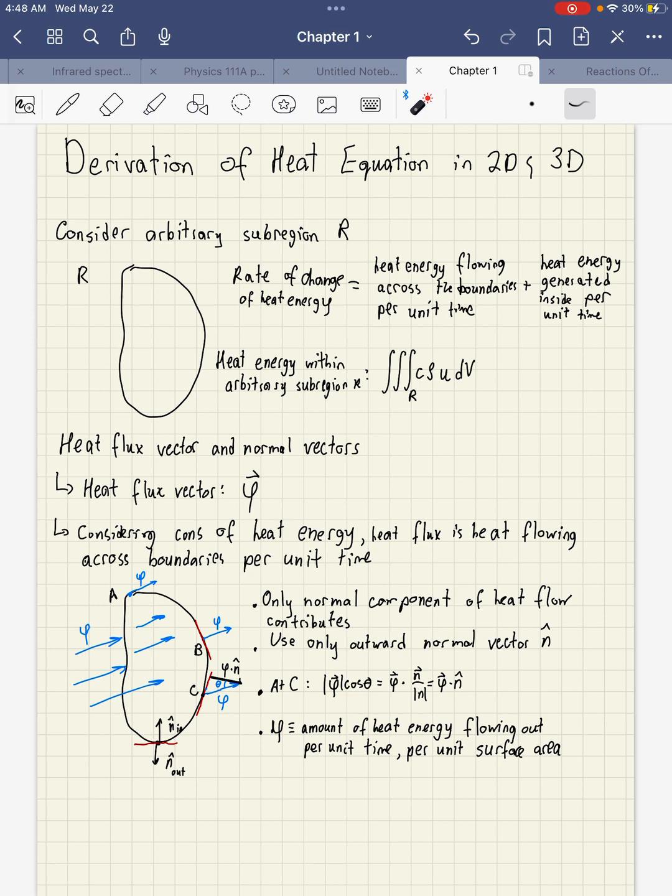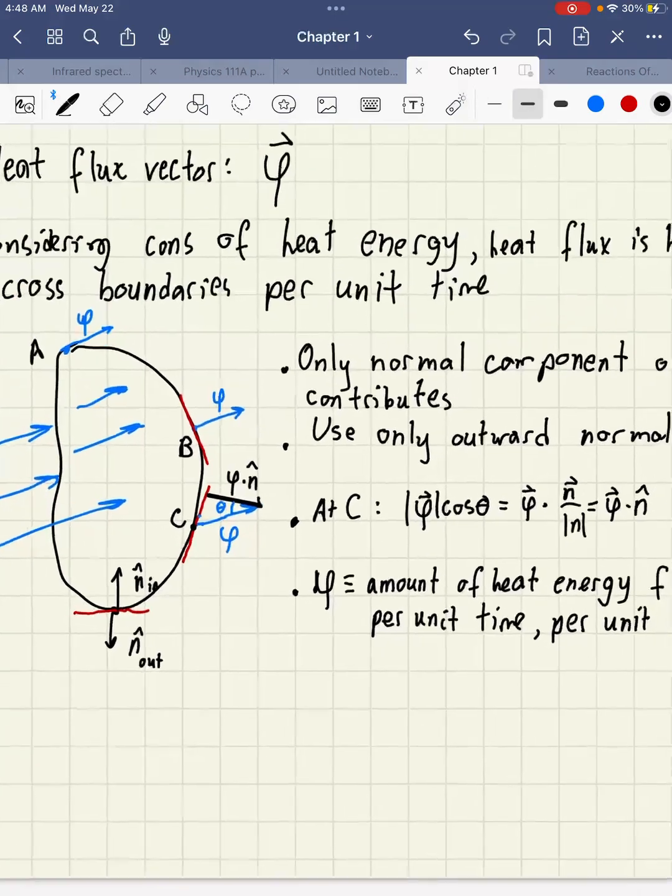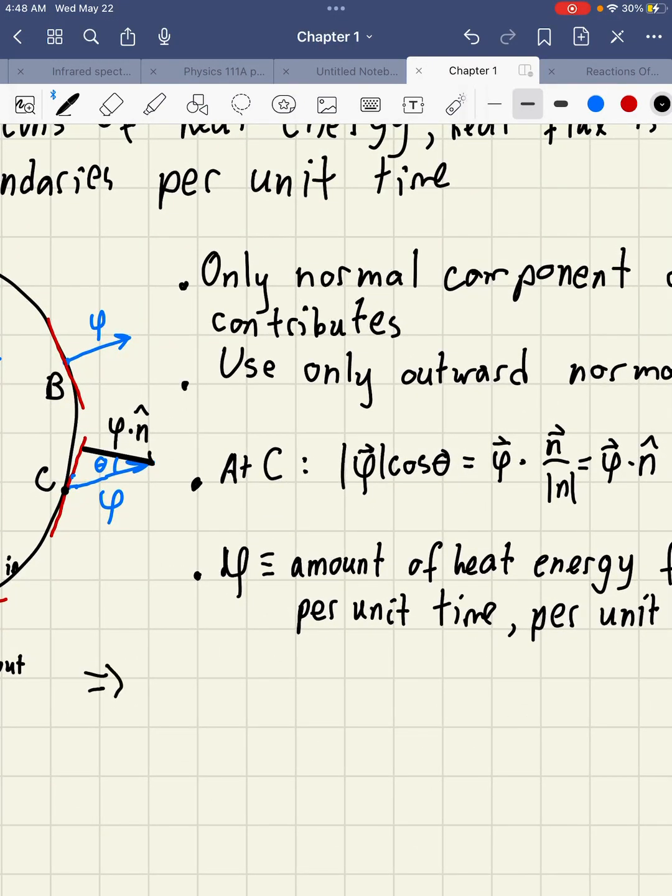Now we're talking about a closed surface, this enclosed region. So therefore, I can say that the total heat energy